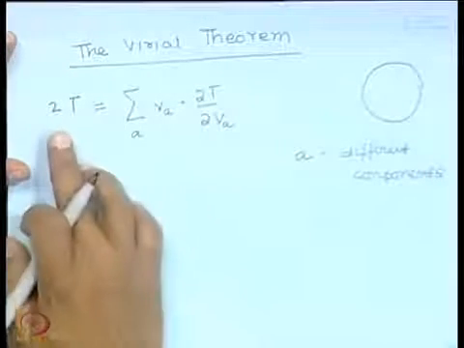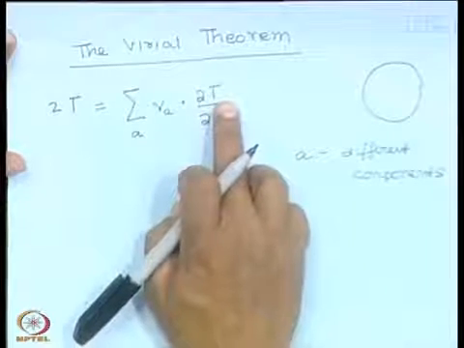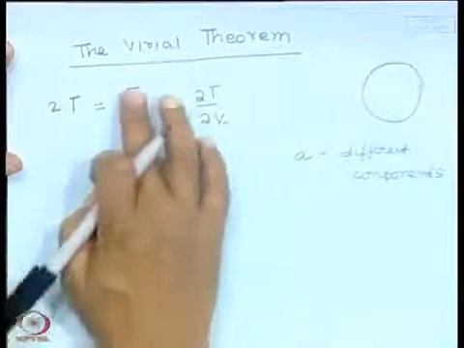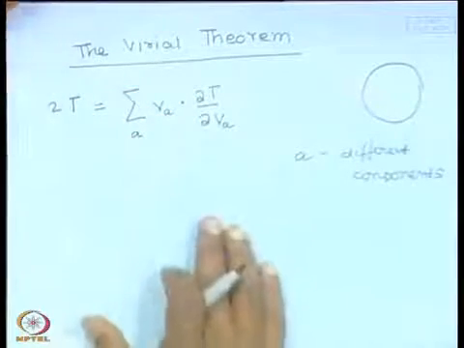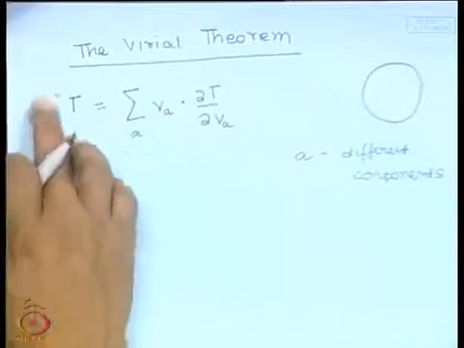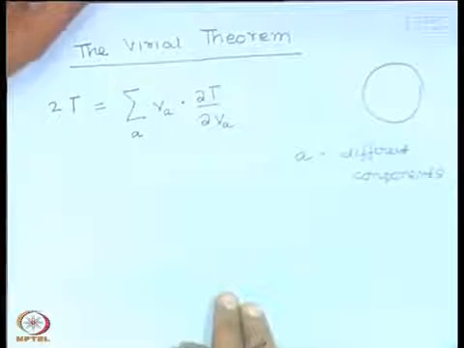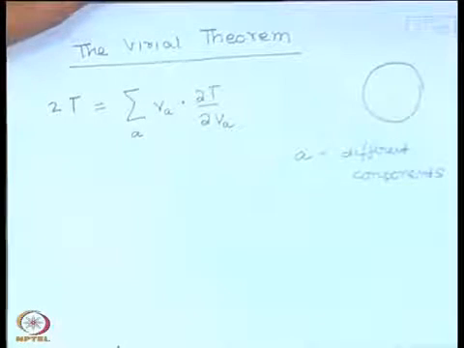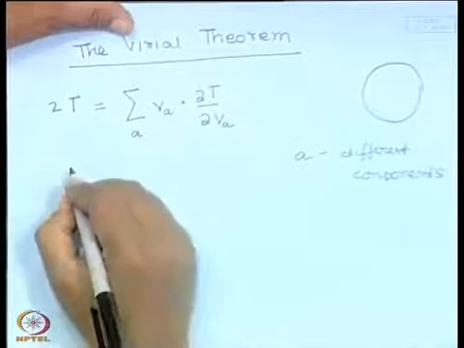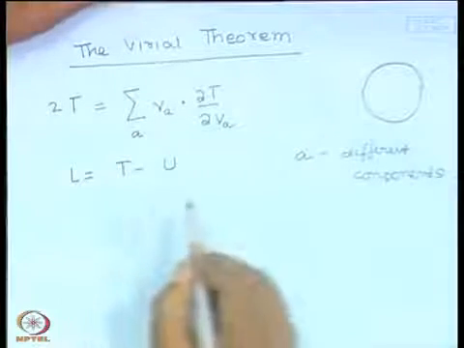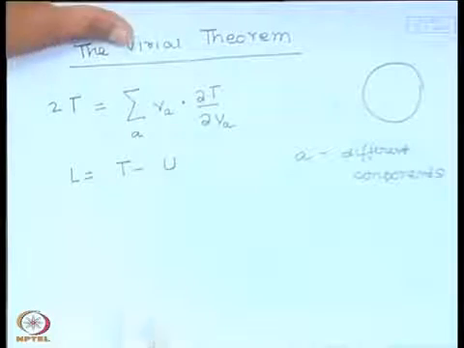So, T we know is half m v squared. If you differentiate it with respect to velocity, multiply it with velocity and add over all the components, there may be many particles all having x, y, z components, so for each particle you will have a different value of A, then you will recover back twice the kinetic energy. And the Lagrangian is T minus u, where u just depends on the coordinates. So, we can write this